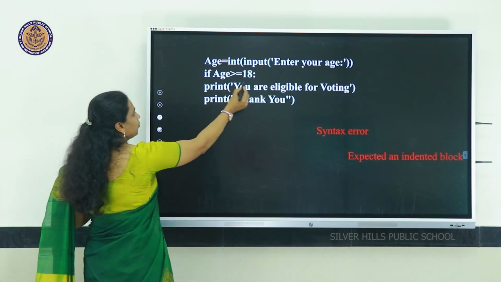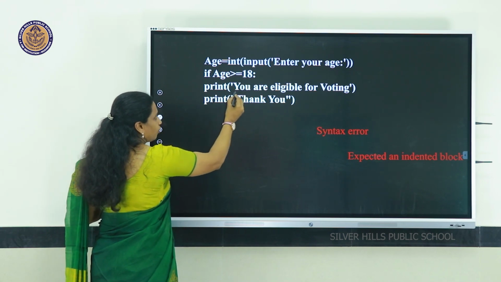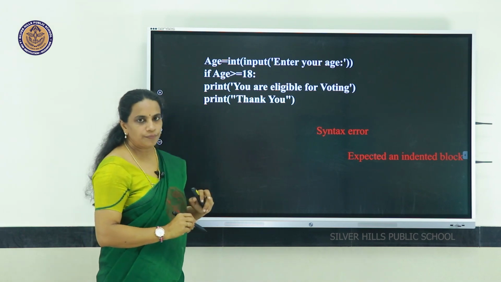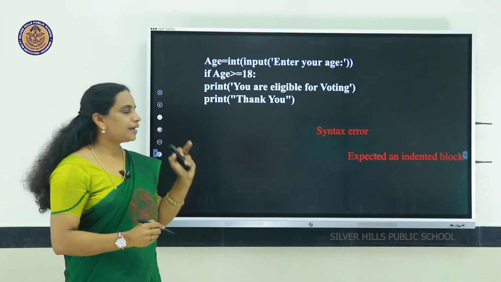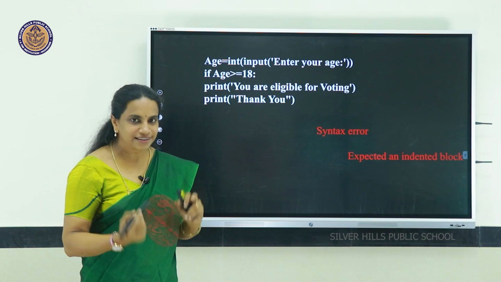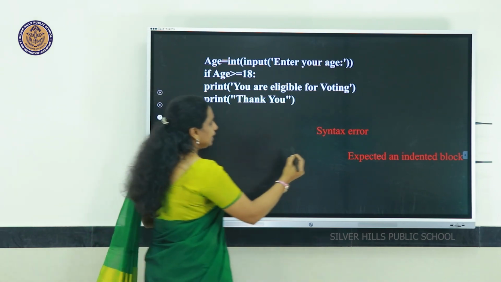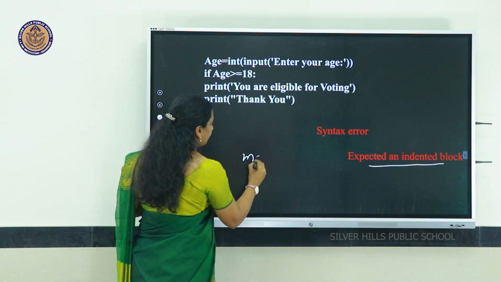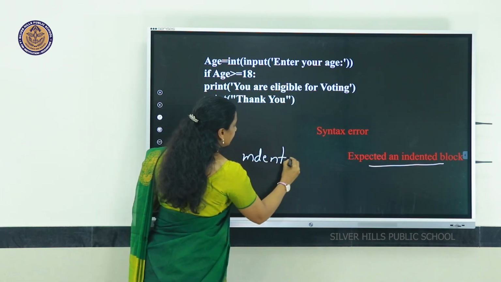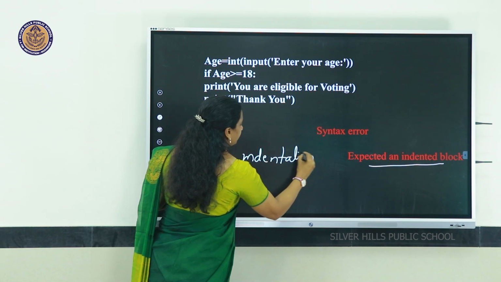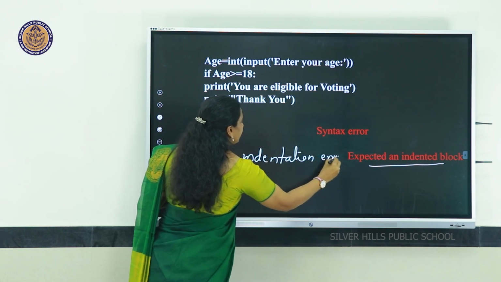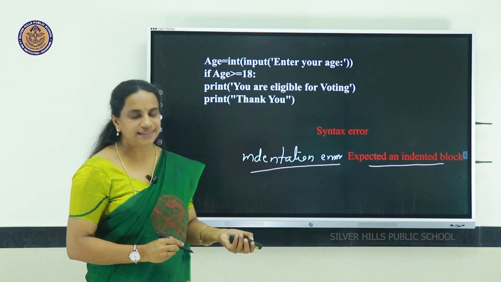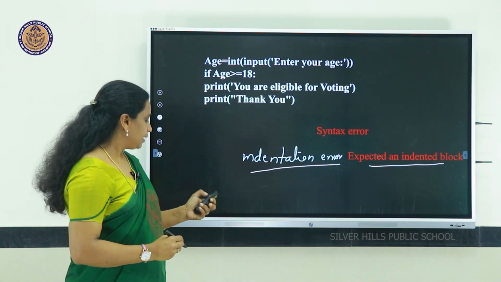For example, suppose you wrote the program like this. If age greater than or equal to 18, there is no proper indentation. Print you are eligible for voting, print thank you. What will happen? While compiling the program, that is while you run the program, you will get an indentation error. Expected indentation block. This error is known as indentation error. It expects an indented block, that is why there is a syntax error and it is known as indentation error. This is about the